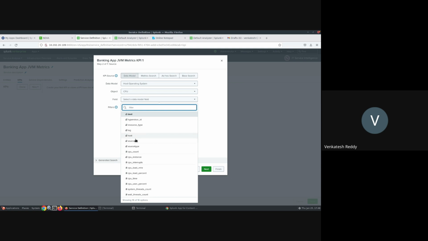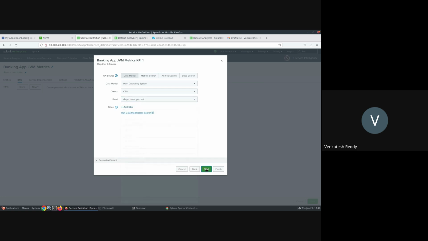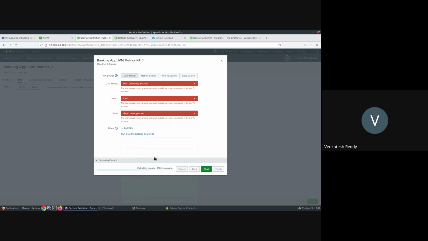Now here we have the host only. Yeah, CPU is 6%, and then click next. Because I don't have any data, it's not returning any results. That's why it's showing in red color.